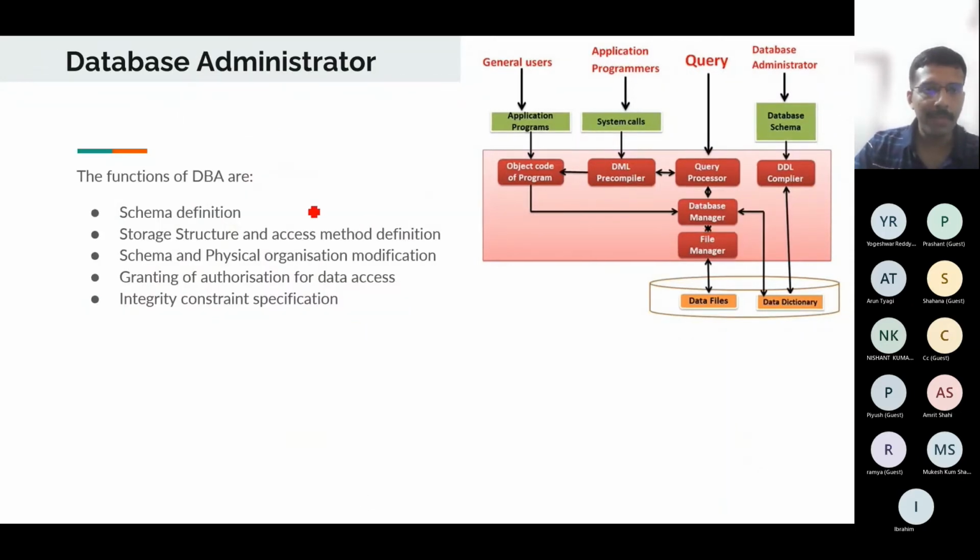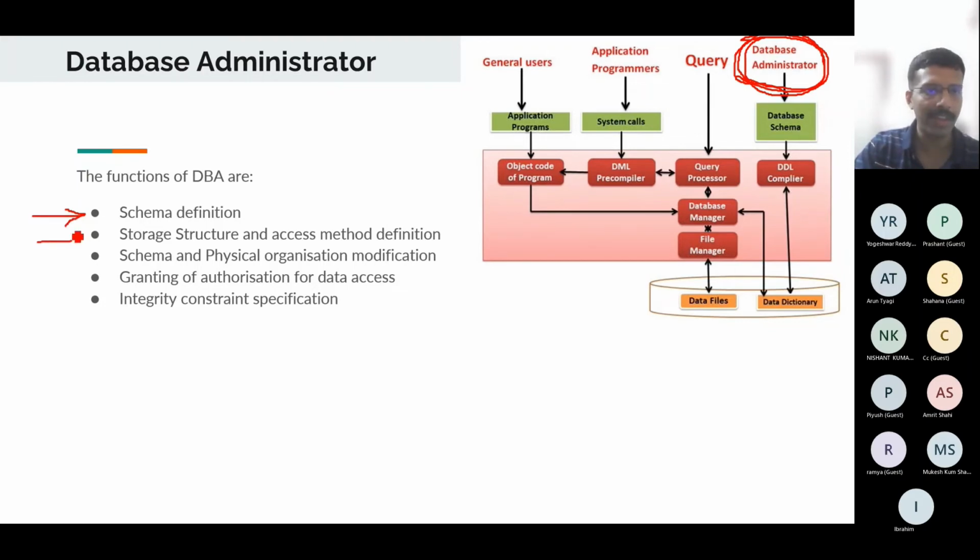And the database administrator, whom we saw here, is actually a person or a role defined for a person. He is one of the main persons responsible for upkeeping of the database. If you are trying for a database administrator role, what functions are expected from a person like that? You should be able to define the schema, which, like I told earlier, is the tables that are there, the number of data types in them, and the constraints involved. All those things are collectively called the schema.